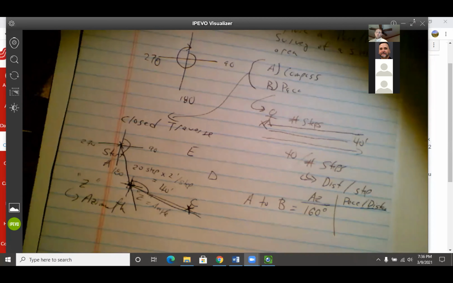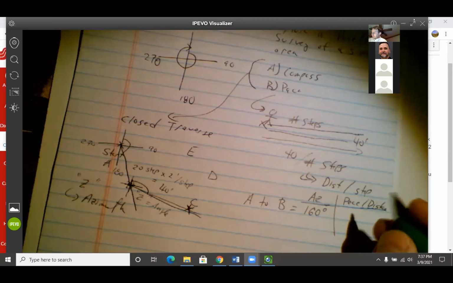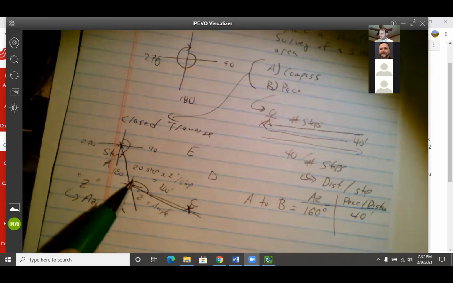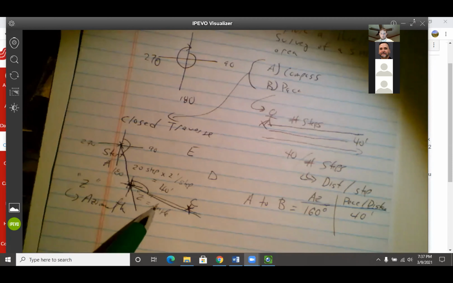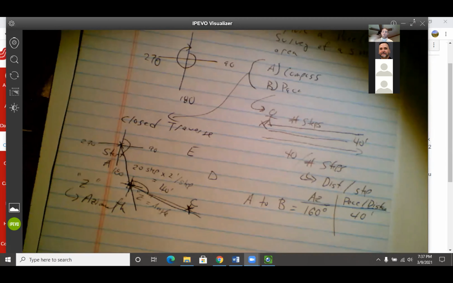So you can compute your distance on the fly if you want, or just count the number of steps that it takes you to go from point to point to point, and then simply multiply that by your pace per step that we determined over here. So then you'll end up with a distance, say 40 feet, from A to B. So what you'll then do is repeat that. Go to your point B, sight to a point C, record that angle, pace it off. And then you're at point C, you'll sight to your next point, which might be D, record your angle, record your pace, and go on until